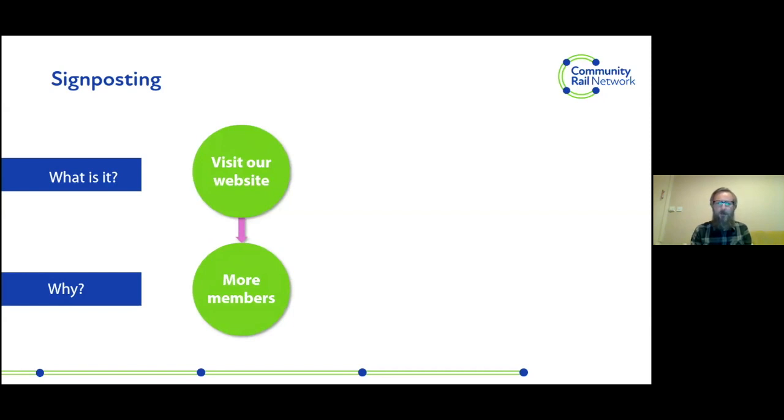get people who are interested in community rail or want to get involved in community rail to a Facebook page or a site so they can find out more about the great work you're doing, and hopefully that increases your attendees to your activities. So you may have a group page on a Facebook page, and you want to signpost